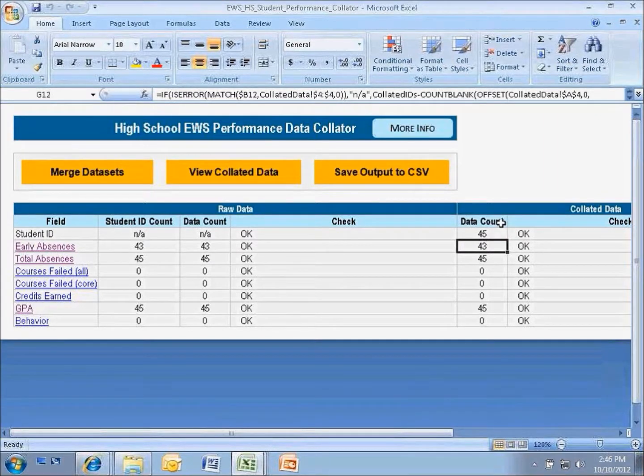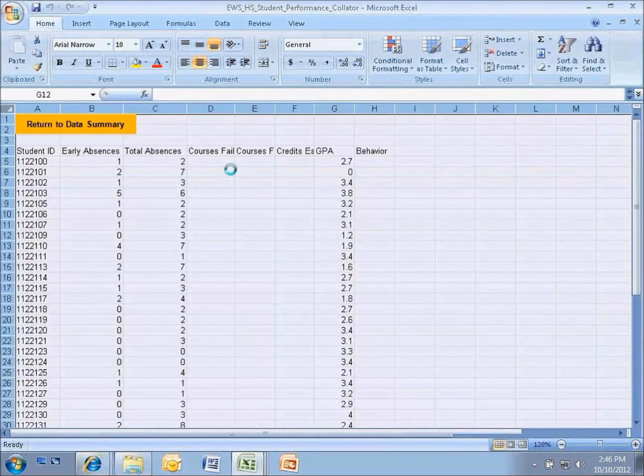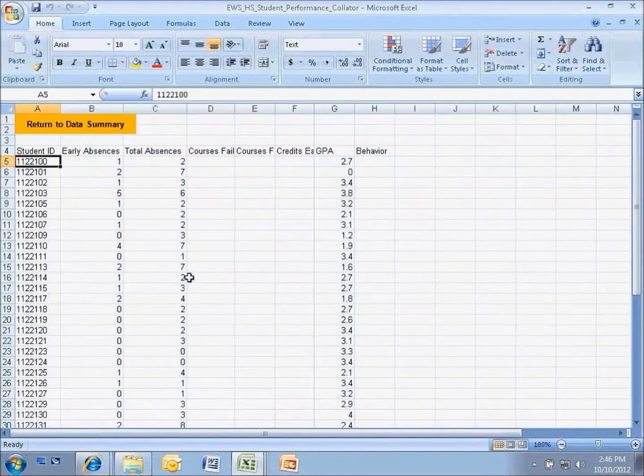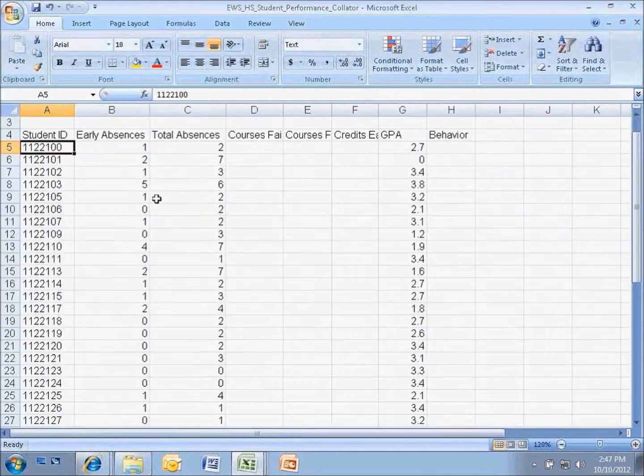Now, the National High School Center recommends always taking a look and viewing your collated data, which you can see on this screen once you click that button. What the collator does is take student IDs and put them in order, and you'll see that early absences, total absences, and GPA have all been imported. Those student performance data that we have not uploaded, which are courses failed, all in core, credits earned, and behavior,